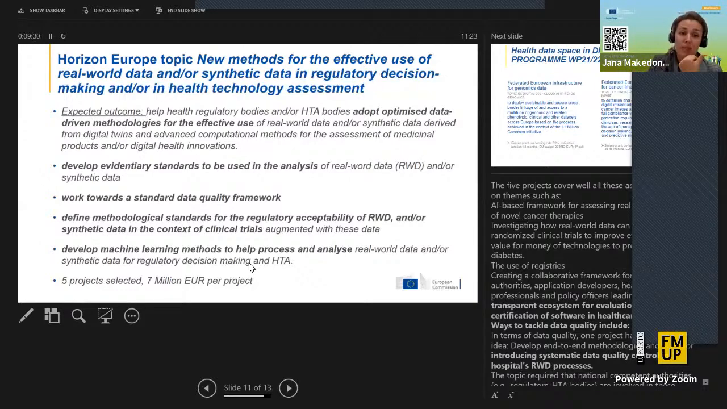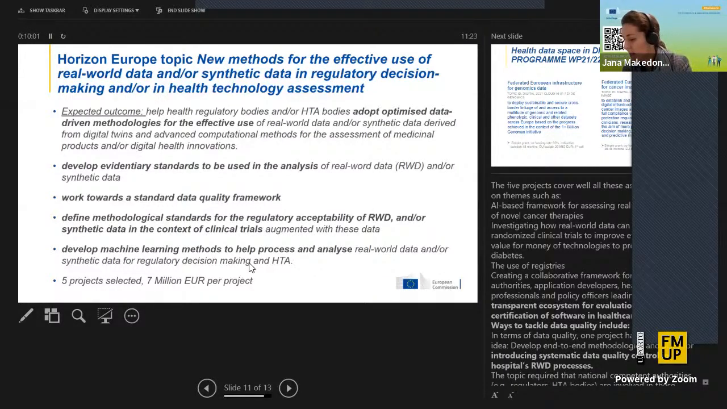So as I mentioned, 5 projects, 7 million each, and they tackle quite a few interesting aspects. And I'm going to briefly touch upon these, such as an AI framework for assessing real-life effectiveness of novel cancer therapies, or investigating how real-world data can complement randomized clinical trials to improve the efficacy, safety, and value for money of technologies to prevent and treat diabetes, or just the use of registries in this context, or something that I found quite interesting,